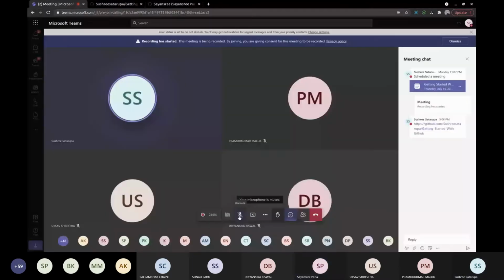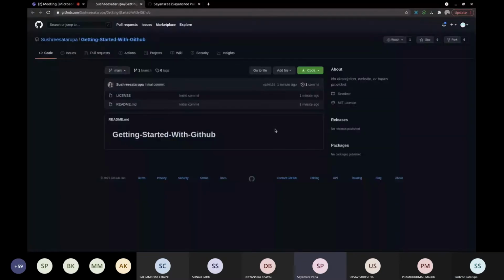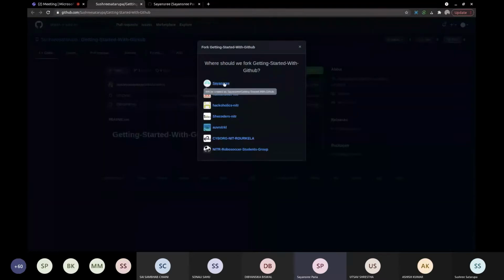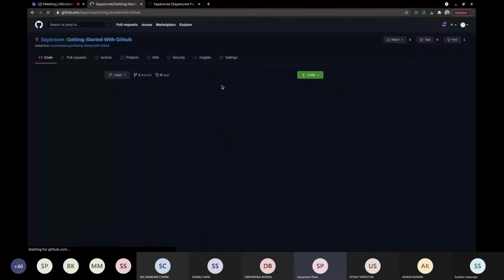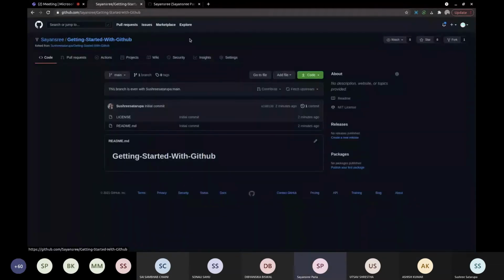Okay, so for forking, you will find an icon to fork right on the top right corner. You click on that, then you choose where you want to fork. It will show only your username, and now you'll have a copy of that repo on your own account.